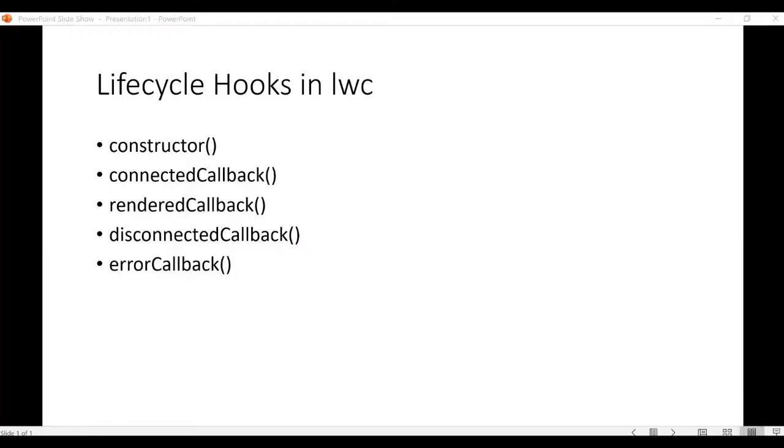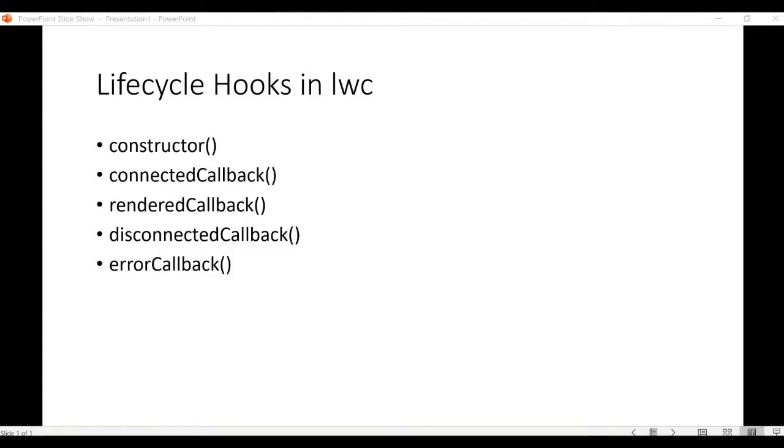In this video, we are going to discuss lifecycle hooks in LWC. A lifecycle hook is a callback method which is executed at a specific phase of a Lightning Web Component. In Aura, we know how the controller methods will be invoked when the component is created, and also the order of execution, the order of component creation when it is placed in a hierarchy.